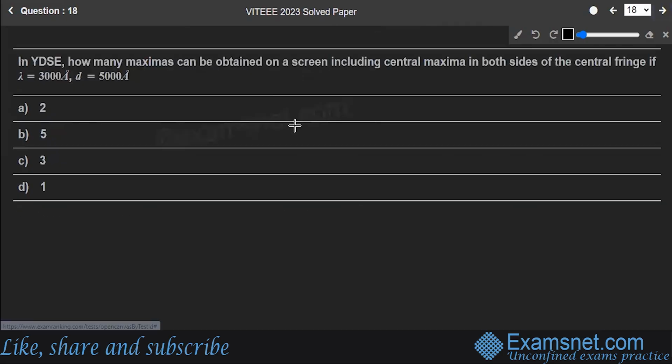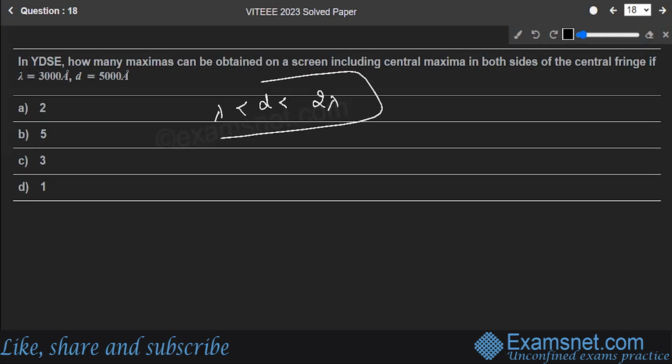Hope you got that. Next is question number 18. In Young's slit experiment, how many maximas can be obtained on a screen, including central maxima in both sides of the central fringe if lambda is 3000 angstrom and D is equal to 5000 angstrom. So you have here that lambda is less than D is less than 2 lambda in this case. So delta X max is equal to this D and